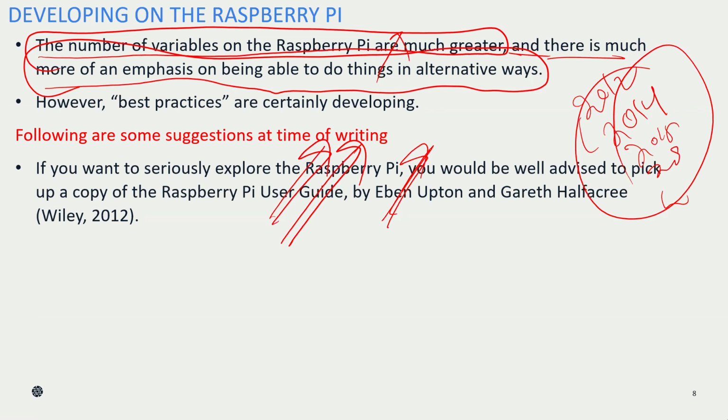How to handle all those things you are going to get from those manuals. So if you want to do more and more, follow the instructions in the user manual they have given for the Raspberry Pi. Once you are familiar, you can easily use all those things, right?